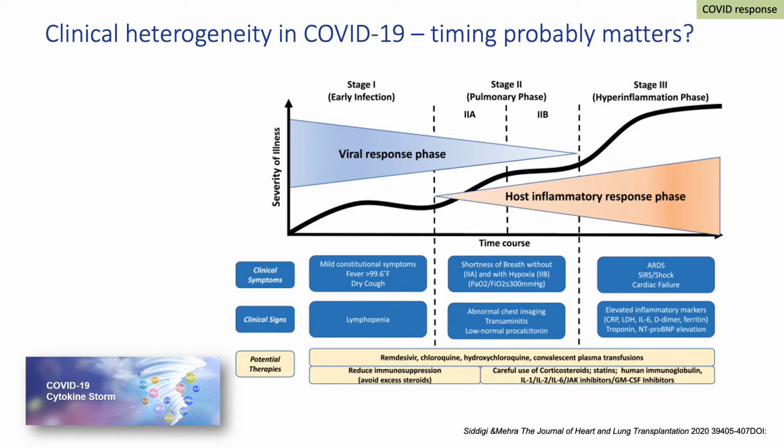There is a second phase predominantly recognized in the lung, although I think we're beginning to see that this is probably much more systemic than that, when the host immune response balance begins to really matter. And in some small number of, sadly, very unwell patients, there is a hyper-inflammatory phase, so-called stage 3, where ARDS and multi-organ failure may ensue. And that's the phase that I want to particularly focus on in discussions today.